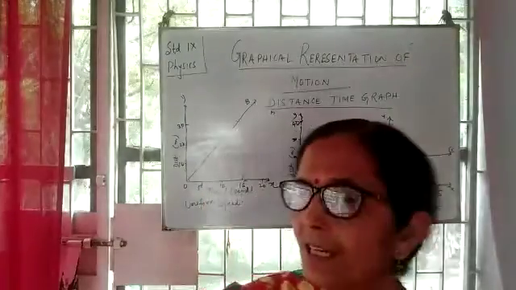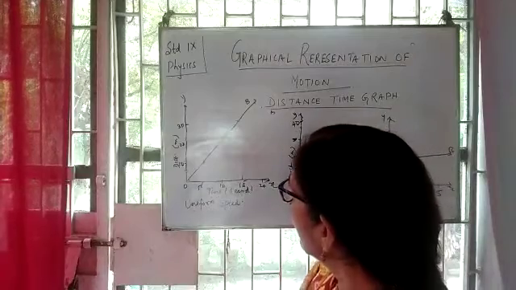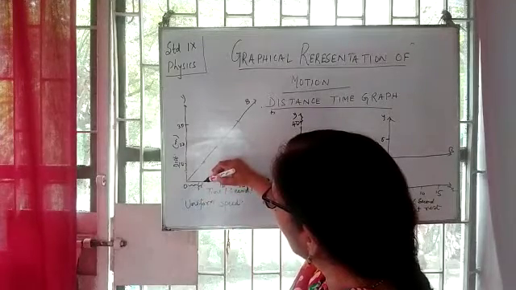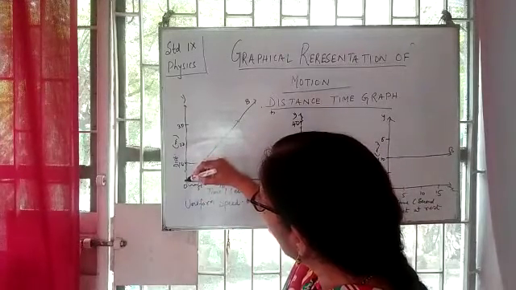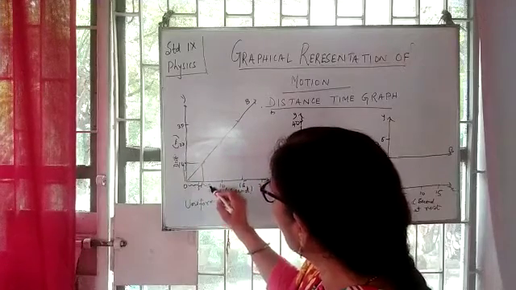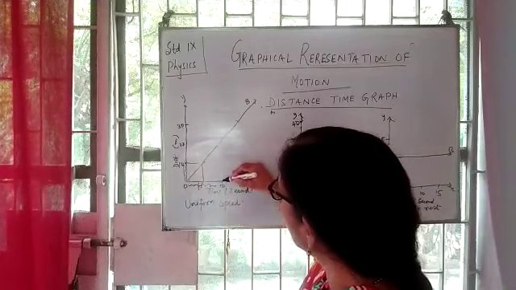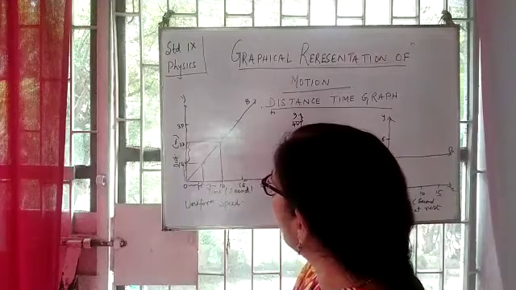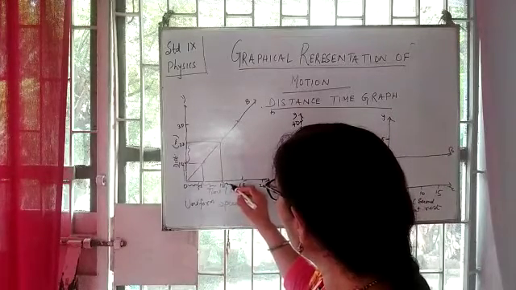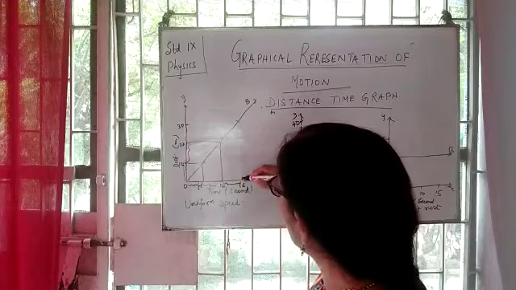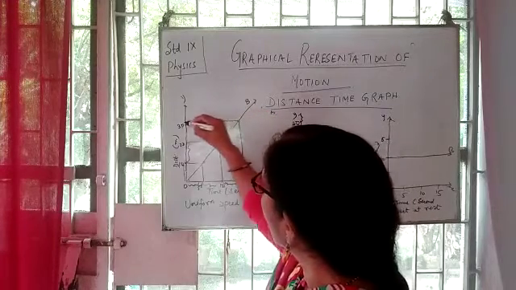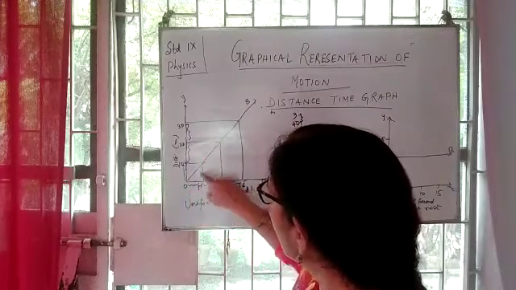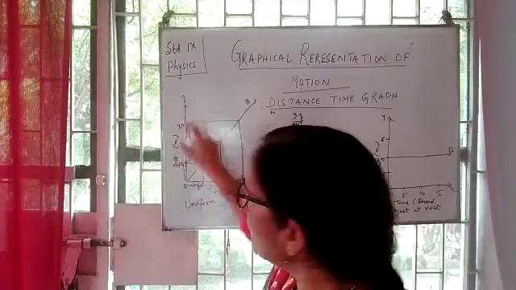And now see, in the first graph you see this time interval is representing 5 seconds and the distance travelled by the object is 10 meters. And in this 5 seconds, what is the distance covered by the moving object? Now suppose see, this is again representing 10 meters. This is also a time interval of 5, and in this time interval the object has covered again a distance of 10 meters. Means in every 5 seconds here the object is covering equal distance of 10 meters.